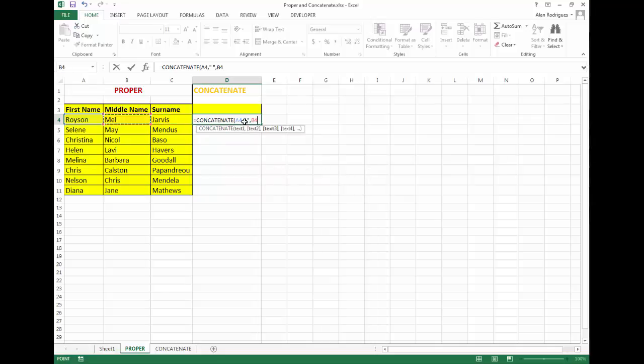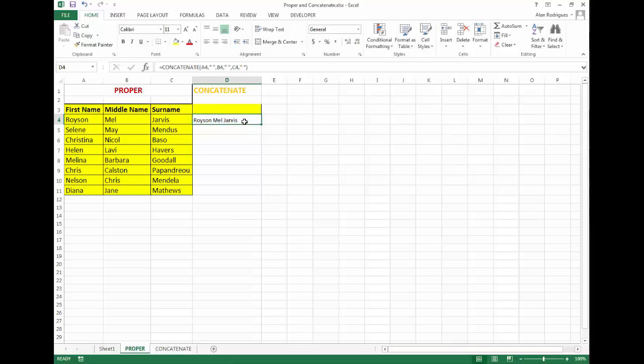Go to cell B4, comma, shift quote space shift quote, comma. Go to C4, and close the parentheses by Shift 0. And now we'll press Enter and now you can see the space between each name.